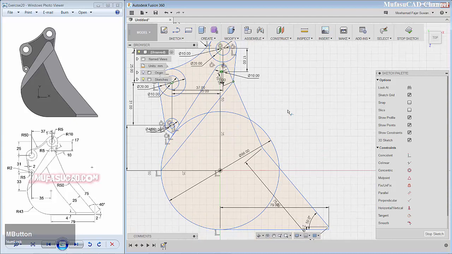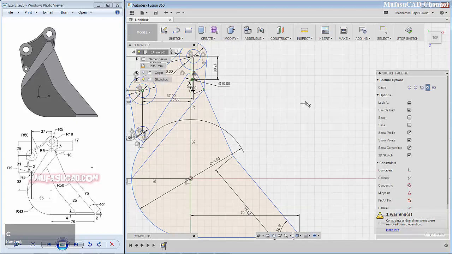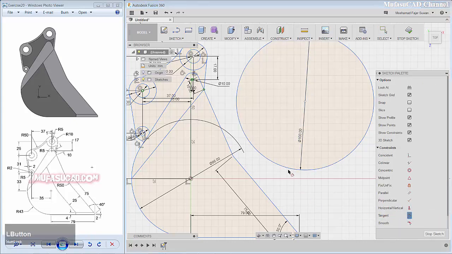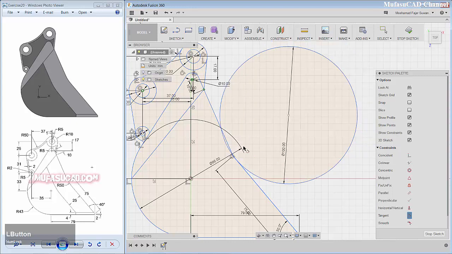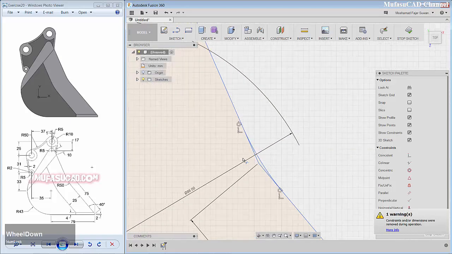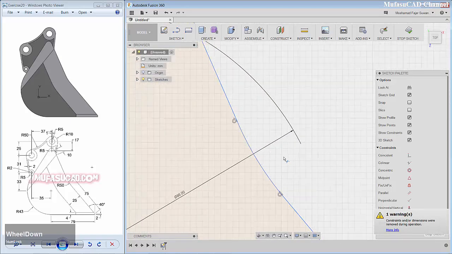Okay, we trim again in here. I will trim this circle object, and we create a circle in here with diameter 100. Enter. Use a tangent to connect this circle into this line and this circle into this line. Okay, use a trim command to cut this circle object and then these two line objects.